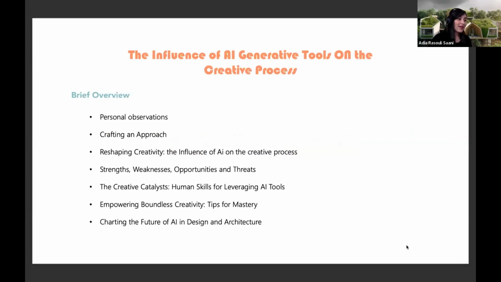Today, I'm going to talk about my perspective on using generative tools. Everything I'm going to share is based on personal experience and subject to change as I'm also learning and evolving. I'm going to talk about my approach, what I think about these tools and how I use them, about their strengths, their weaknesses. And also, I think in this era, people with certain skills and characteristics are going to be the ones who can really leverage these tools and push the boundaries of what's possible in design and architecture. I'm going to talk about those characteristics as well.